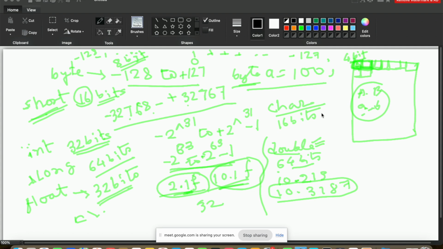Means all these characters will have a corresponding integer value, which is called the Unicode. ASCII is American Standard for computer